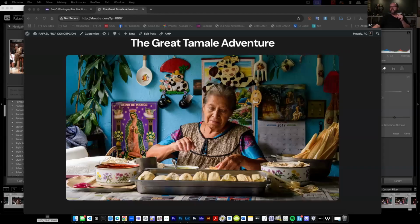RC, welcome back. Yeah. So here's, I wanted to be able to show something because I thought that this was really cool. I'm making these prints that I'm selling, right? And one of the prints that I'm selling is a picture of my mom, right? So take a look. I'm gonna come over here, go to the desktop. Can you guys see that okay? Let's see. I think you can, right? So that is a picture of my mom making tamales. So she's a tamale maker. And she's sitting in her living room, right? So that is a picture